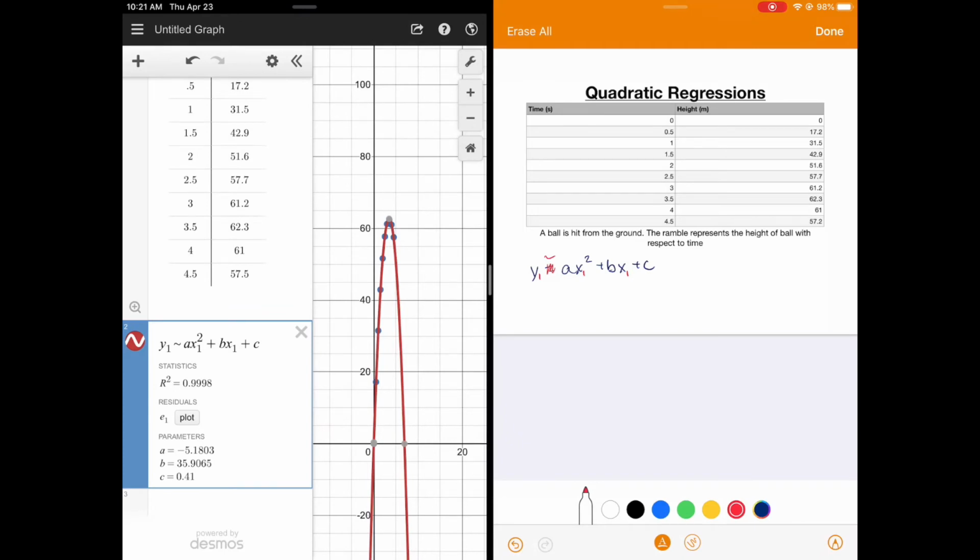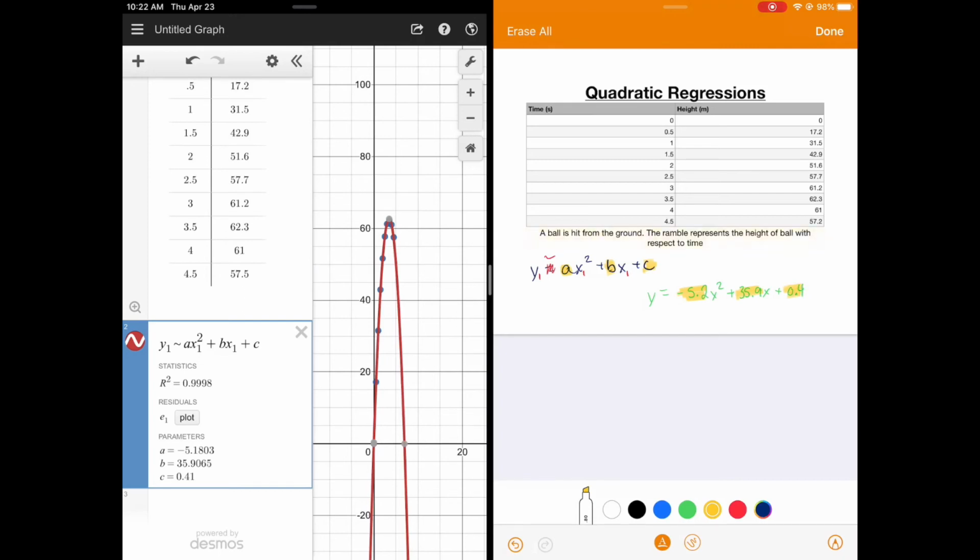So where it says parameters a, b, c, those values get plugged in for a, b, and c in your quadratic equation. So I like to round to the nearest tenth. So it'll be y is equal to negative 5.2x squared plus 35.9x plus 0.4. Instead of putting the variables a, b, and c, I put the variables and what they were equal